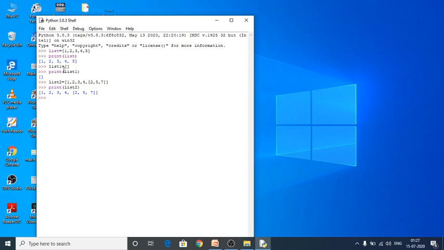While accessing the elements with the help of positive index order, it will access elements from left to right. While retrieving the elements of a list with the help of negative index order, it will retrieve the values from right to left, and negative index order is also known as reverse indexing.